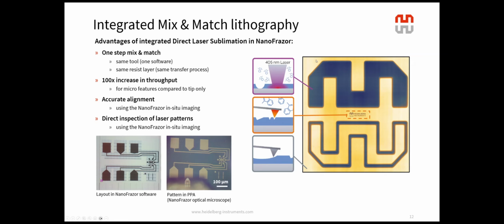And on the right, you can see this image, which was collected using the NanoFrazor in reading mode, and the small pattern is, we don't have a scale here, in the range of 3 to 5 microns, while the bigger Heidelberg Instruments logo has a total dimension of around 40 microns.